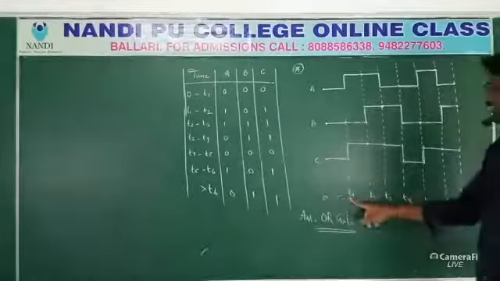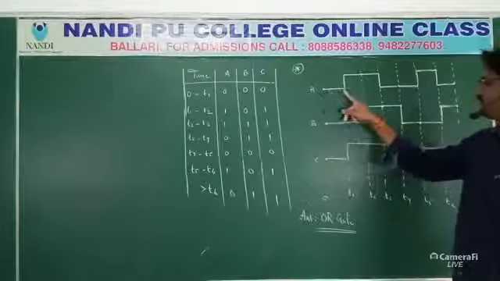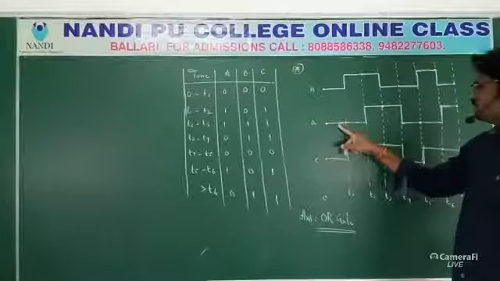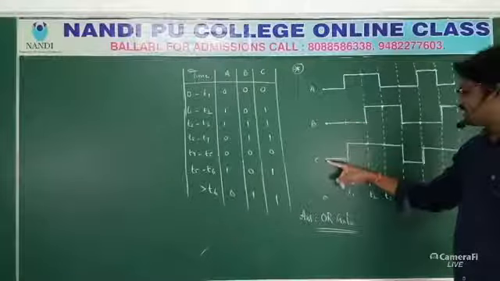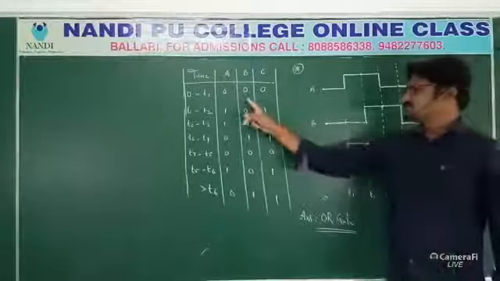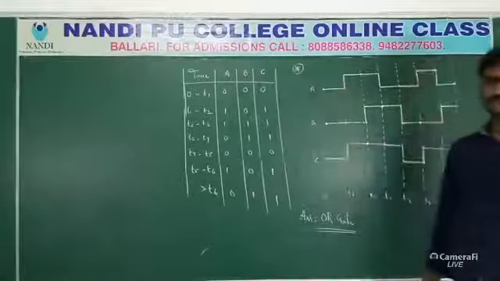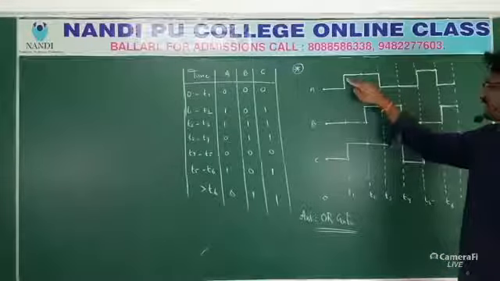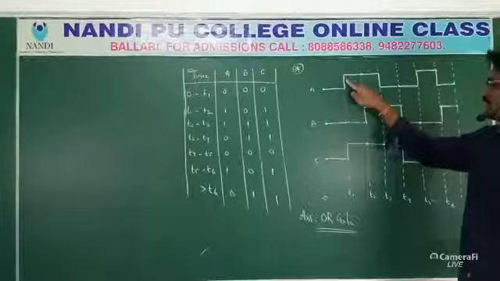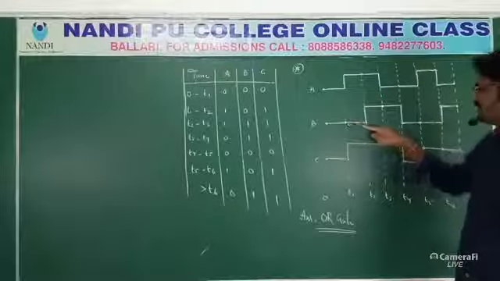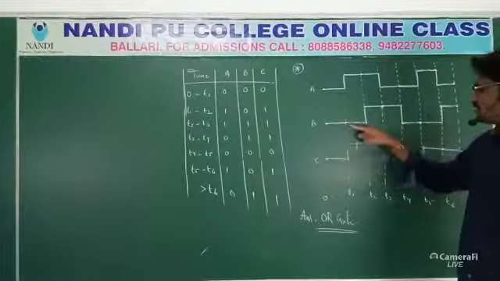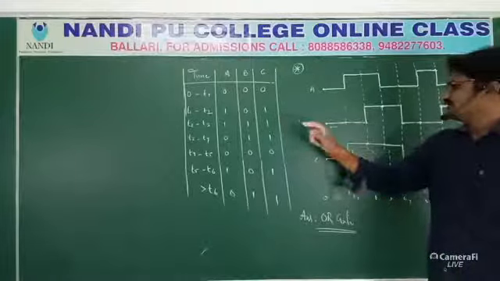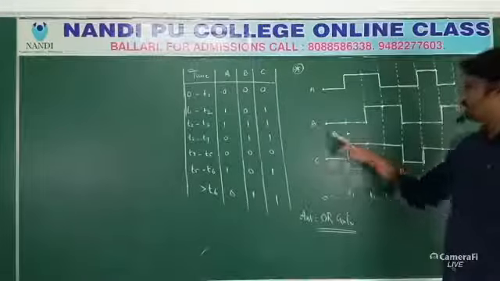Okay. So 0 to T1, here what is it? 0. So B also 0, C also 0. 0, 0, 0 are the A, B, C values. Next, the second interval I came. Rising. What is rising? A value. So A value 1. B value is the same, repeated. Here what? 0. Same only repeated, up to T2 also. So B value 0. C value again raised. So C value 1.